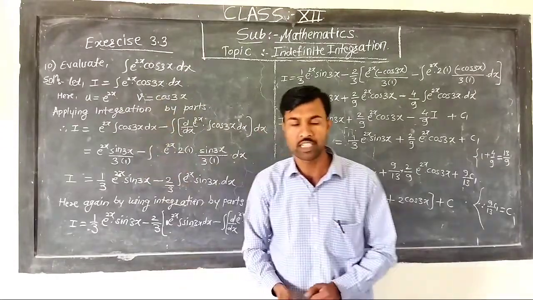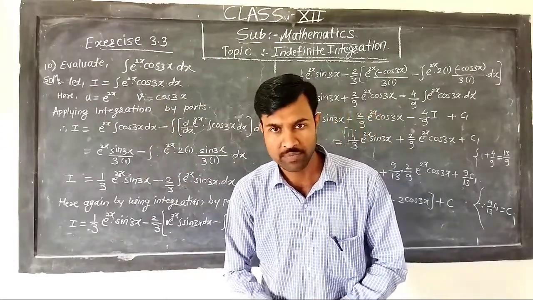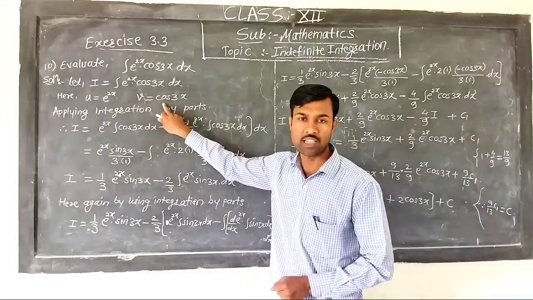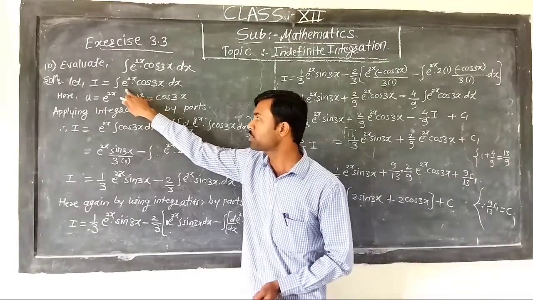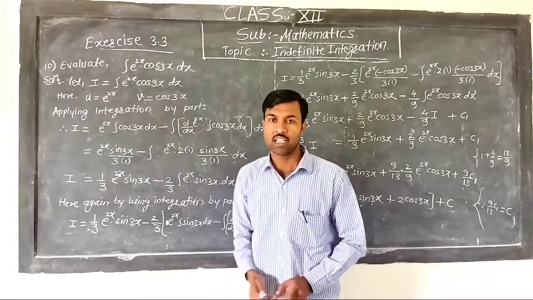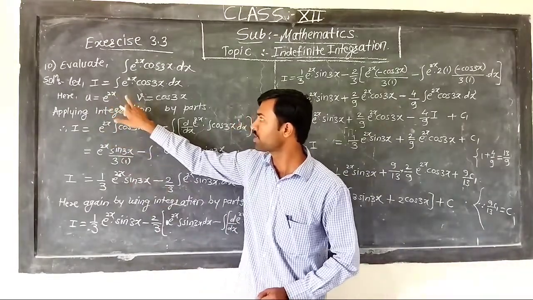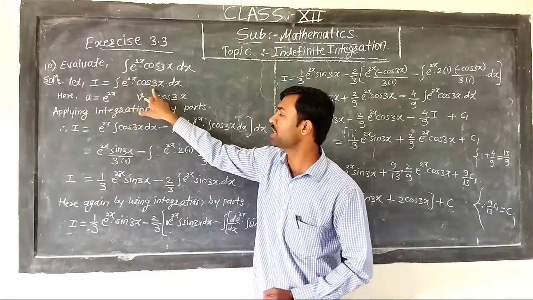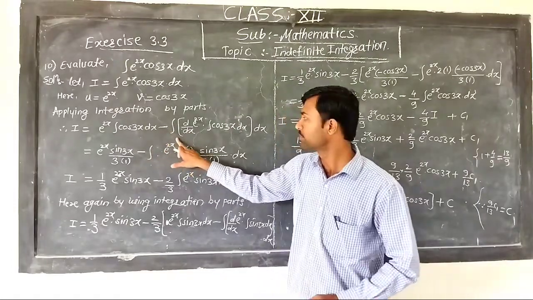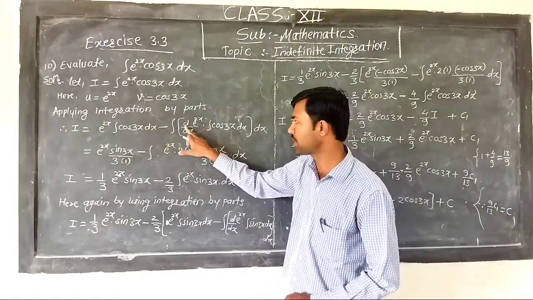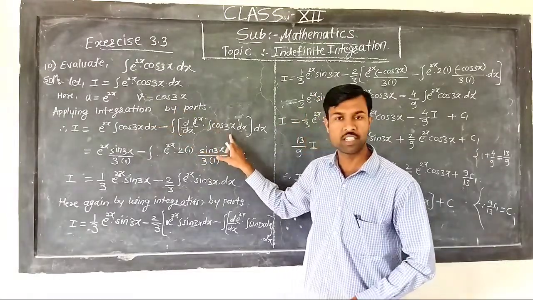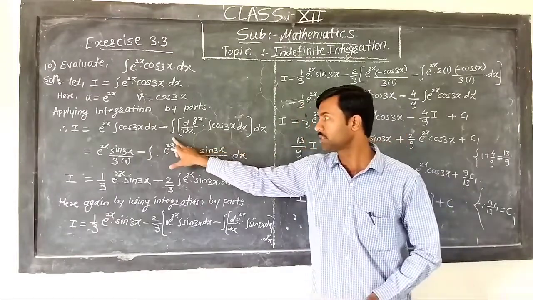It is very easy to take integration of cos, that is integration of cos is sine. Is it? So we always choose this cos as a second function, and that is v function, and e raised to 2x will be our first function, that is our u function. And after applying integration by parts, we can write this term as first function, that is e raised to 2x into integration of second function, that is integration of cos 3x dx, minus main integral into derivative of first function, that is derivative of e raised to 2x into integration of second function, that is integration of cos 3x dx into this dx for this main integral.